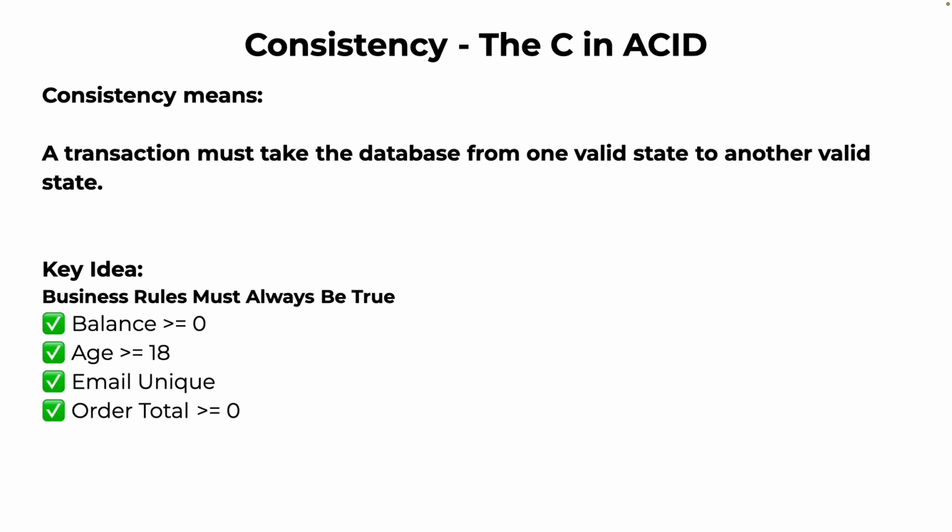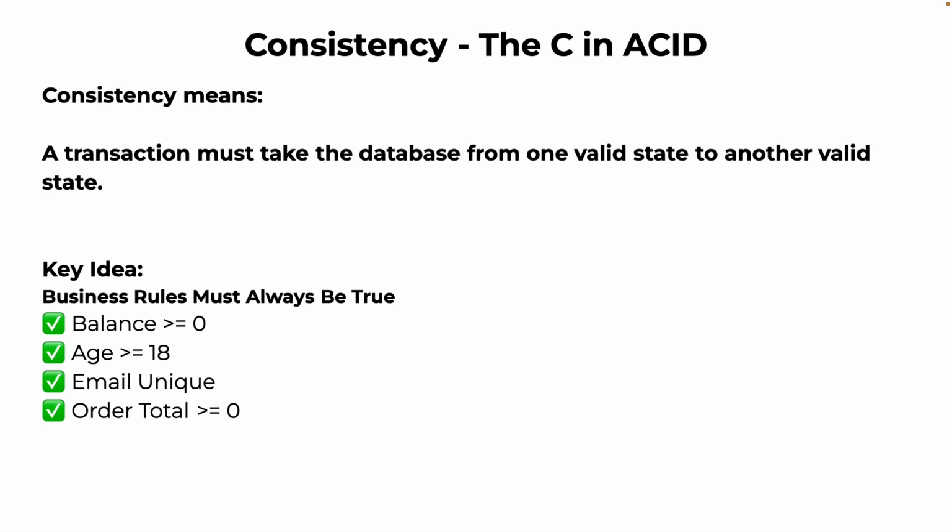Hello everyone. Today we understand consistency, which is the C in ACID. Consistency means that every transaction must take the database from one valid state to another. The key idea of consistency is that whatever business rules are defined in your database for that particular project